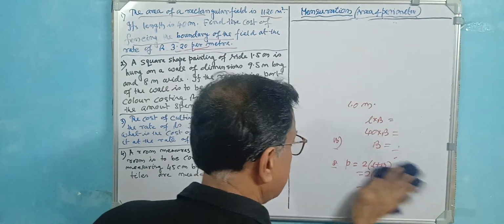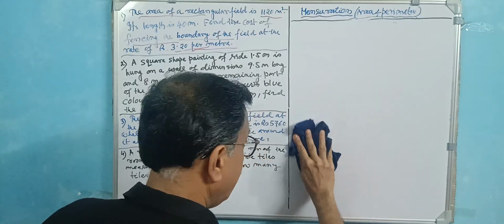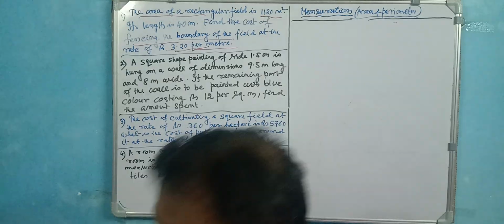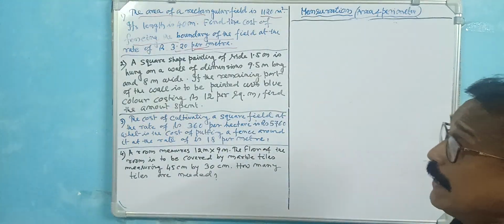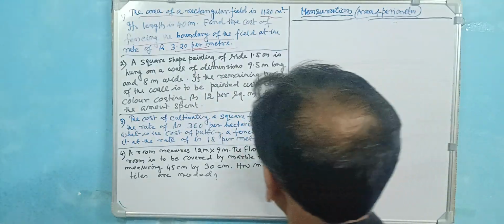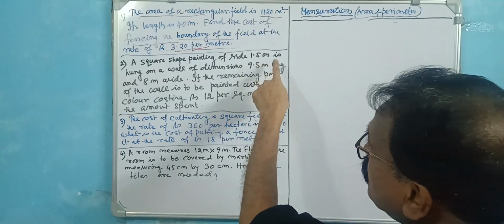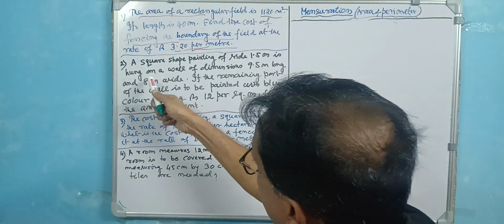Okay, now the next sum, very important. Just the concept must be clear if you do the sum. Clear to you? Now the next sum. A square shape painting, side of this 1.5 meter, is hung on a